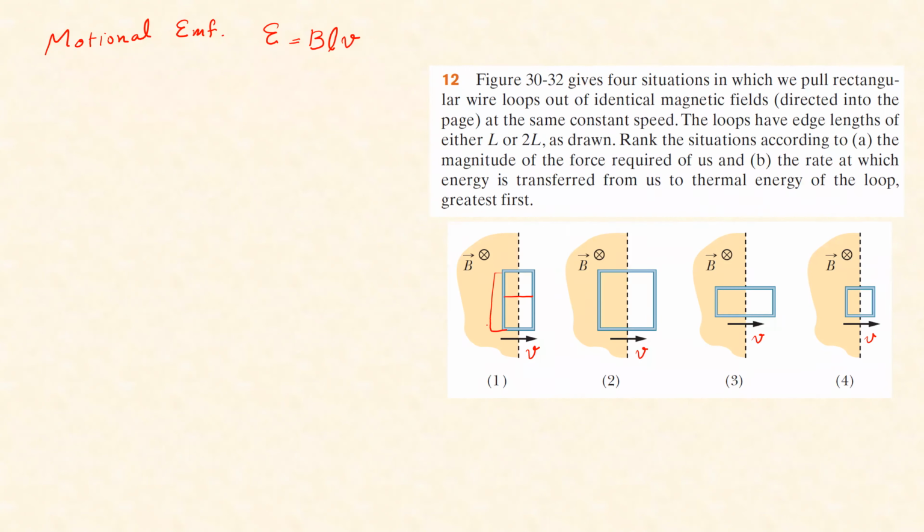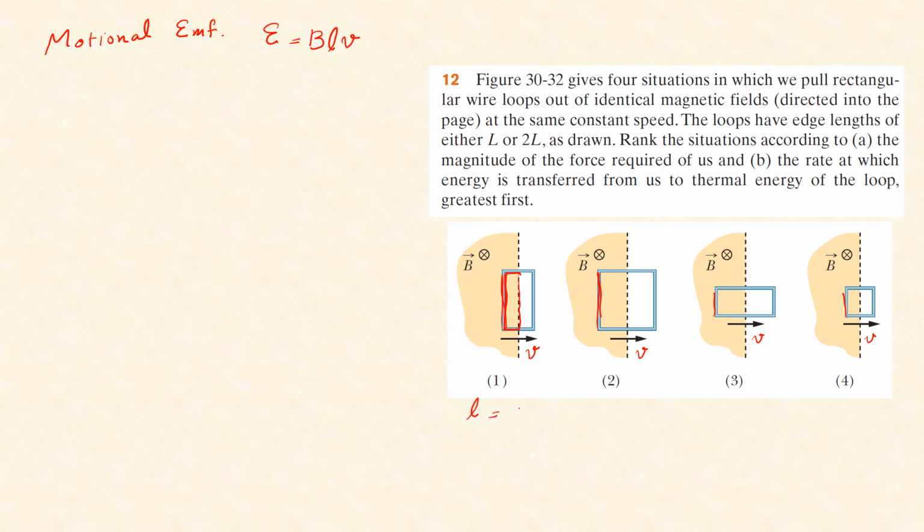Because you see, this is the area that is changing, right? So these do not create any EMF. The area is changing because this part is moving. The area here is changing because this part is moving, and this part is moving, and this part is moving. So you see the L that is moving,